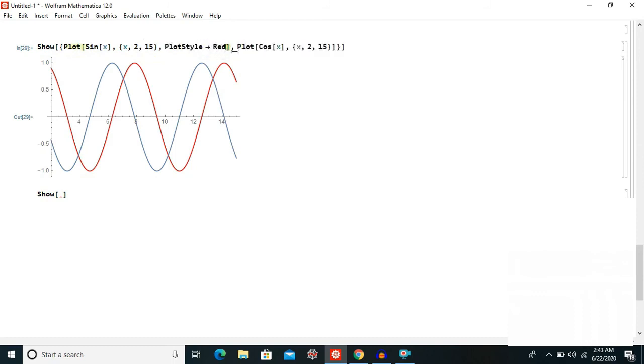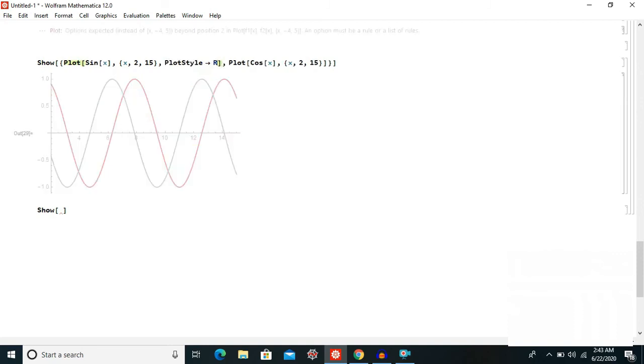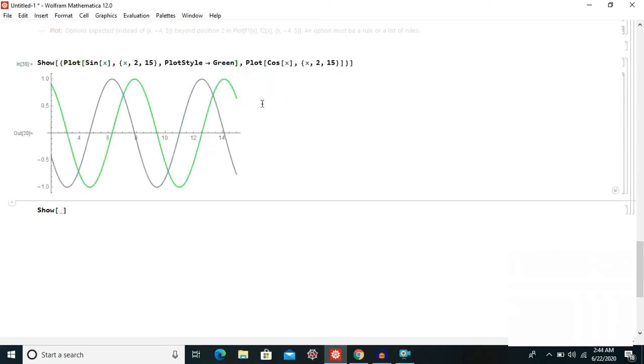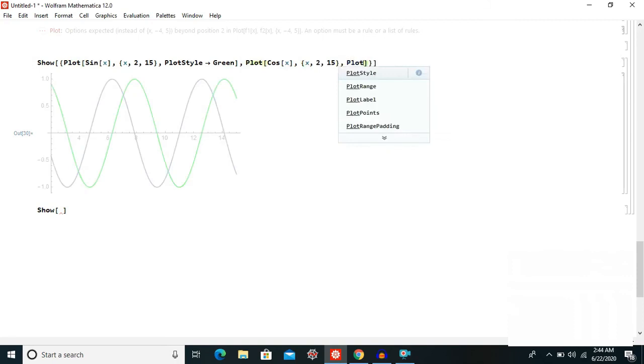For example, if instead of red, I want to say, let's say green. So if you do that, yeah, this green is your sine function, and notice that I haven't used any PlotStyle over here. I can do that. So just use PlotStyle,